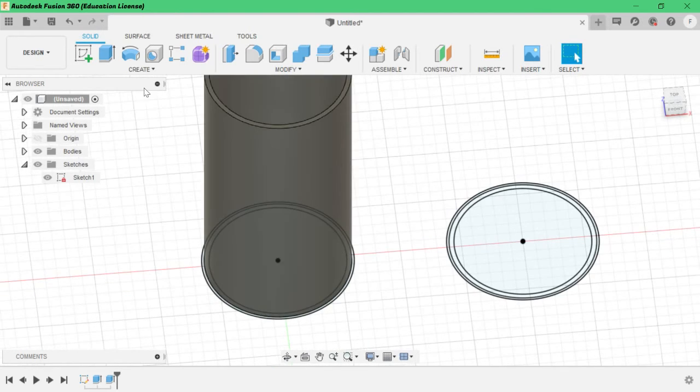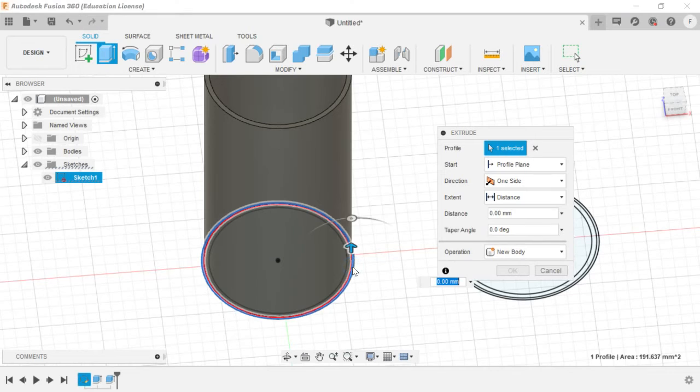Okay, then again extrude, select plane. To give 110, we have to be particular with the dimensions because the inner wall is 120, the outer wall must be 110 because the upper lid has to close on the inner lid of the lower lid. So the inner wall height is more than the outer wall. So we are giving 110 mm.